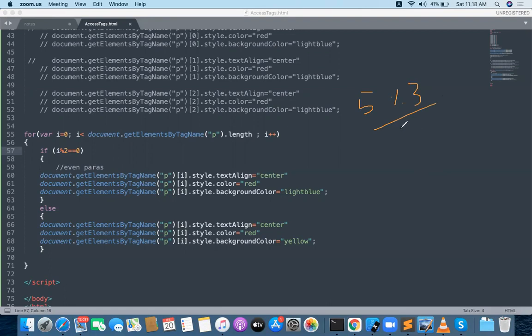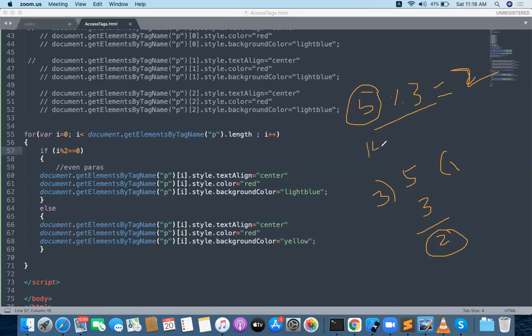How to do this one? So 5 is your original value, right? And you need to make the operation with 3. What is the remainder here? 2. So 5 % 3 equals 2. Am I clear?